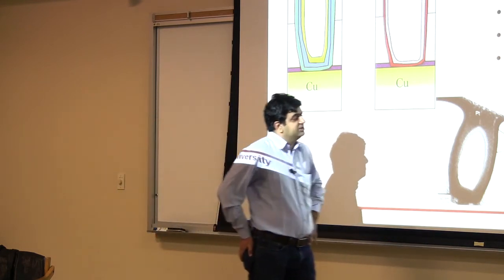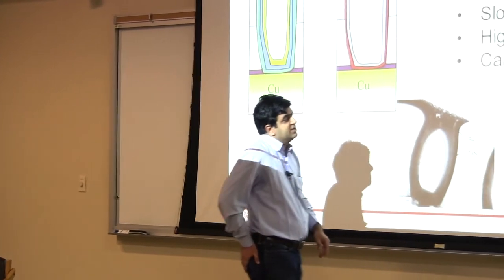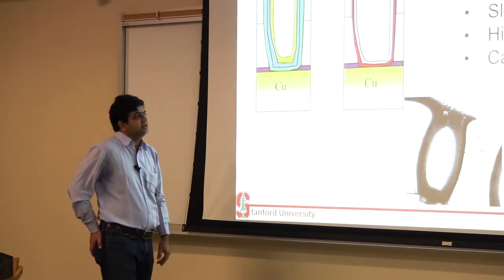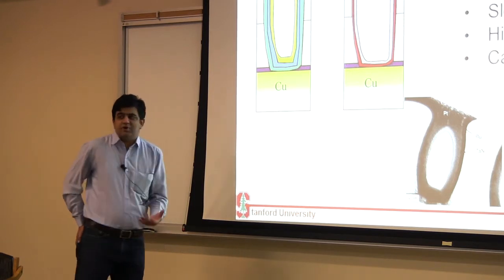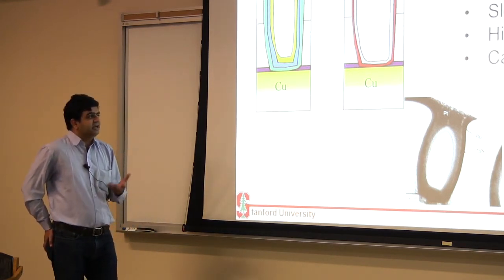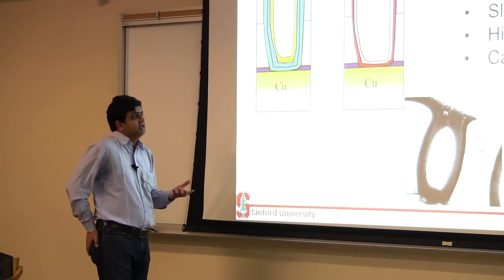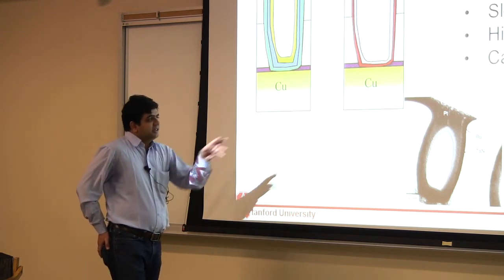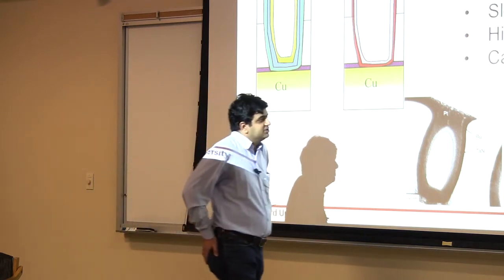Most of these films, even if you deposit metal films like tantalum nitride or titanium nitride using ALD, are amorphous, and by default, if you're using ALD, you get amorphous films and they are high resistivity. The other thing, especially if you're depositing metals using ALD, is